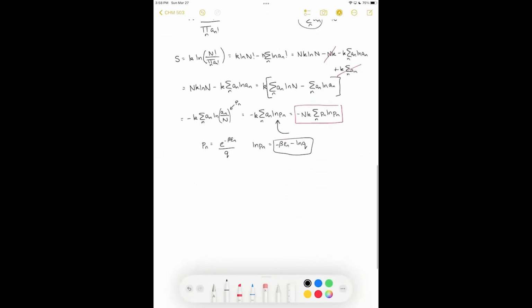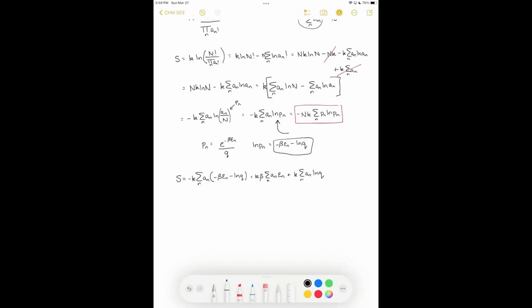So the entropy is equal to negative k times the sum over a sub n times negative beta epsilon n minus the natural log of Q. We can distribute this. This is going to give us k beta